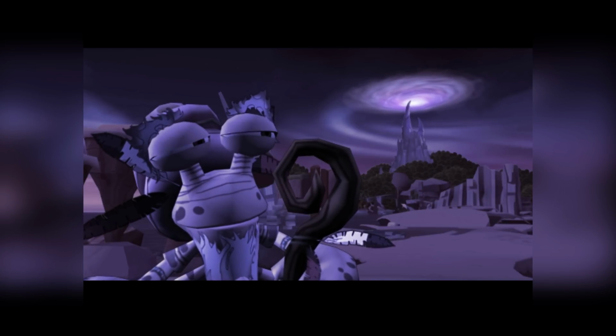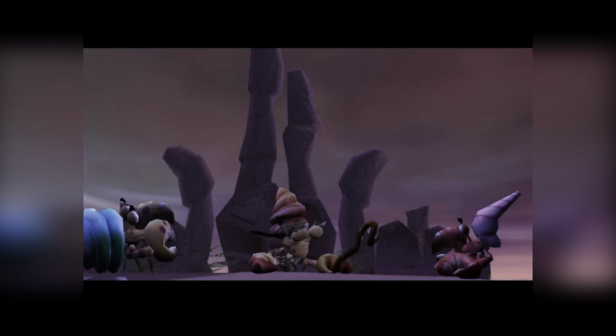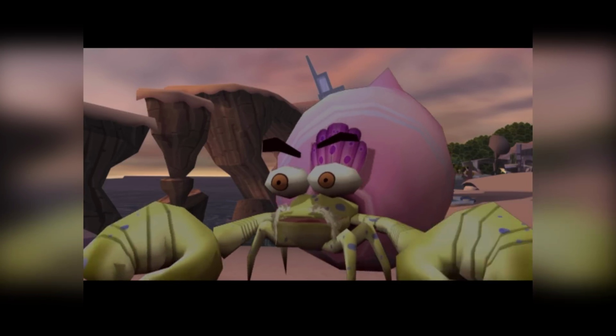We begin with an old crab summoning 9 Nicktoons heroes to help defeat his ancient enemy, the Magu, who recently broke out of prison. The Magu also breaks the circle and scatters most of the Nicktoons throughout the island. How convenient. But thankfully...